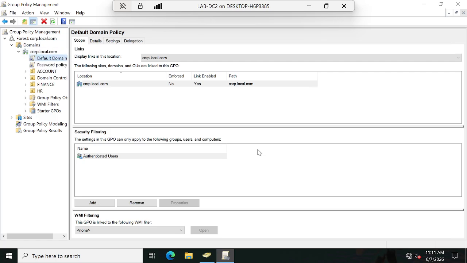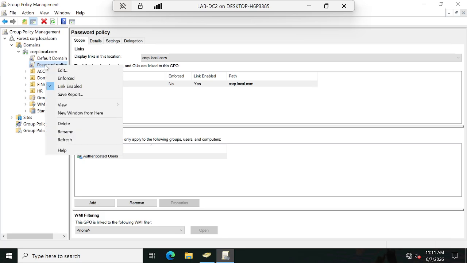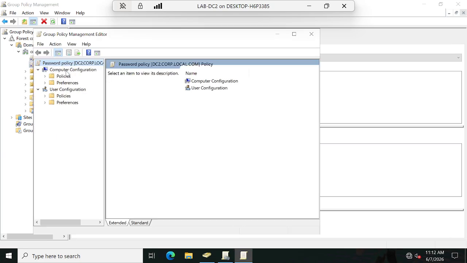Okay, just click on OK. See here we have the password policy group policy object. To edit these settings, you have to right click here and click edit. Okay, so here, to apply